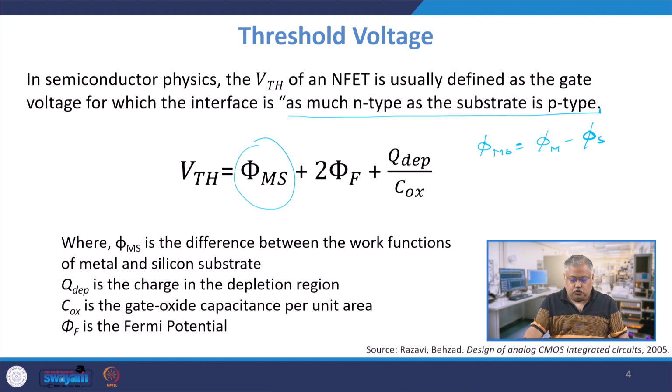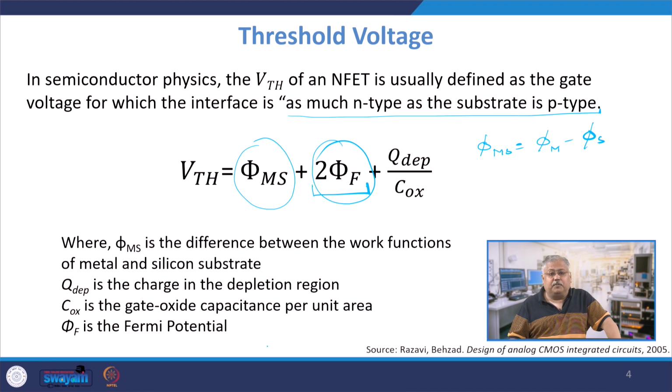The second part is 2 phi f, where phi f is the Fermi potential. Now, this is quite interesting. Why 2 phi f? Because you are inverting the channel, which means that when you are depleting the channel, you will have one Fermi drop available to you, and then when you are inverting the channel, you have a second Fermi drop. So, if you add the 2 Fermi drops, that will be the total amount of voltage which has to be given to the gate side for an inversion to take place. So, that is the reason you define this as 2 phi f,